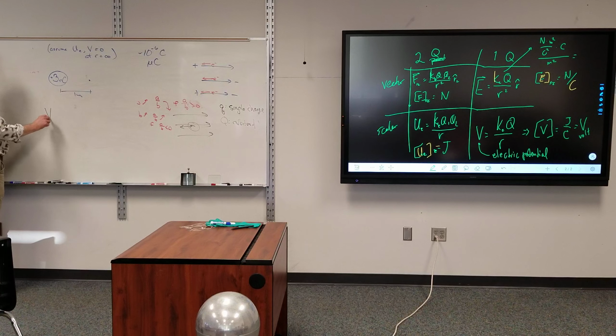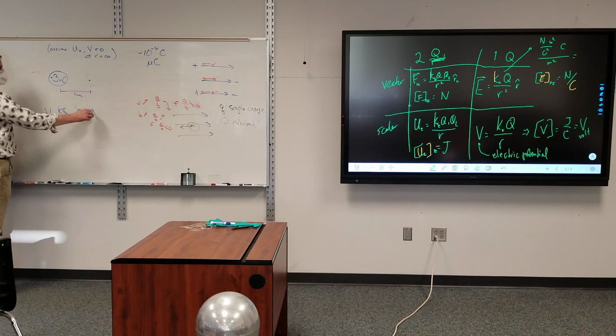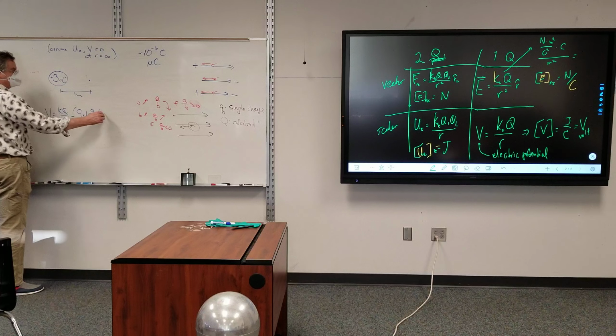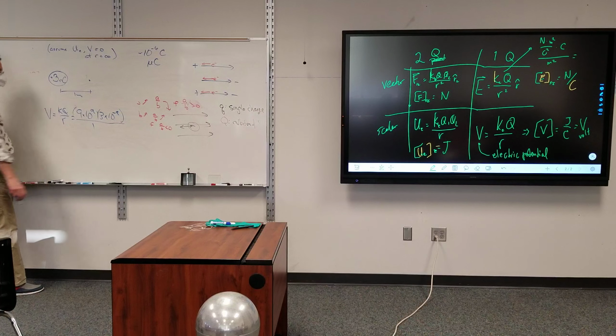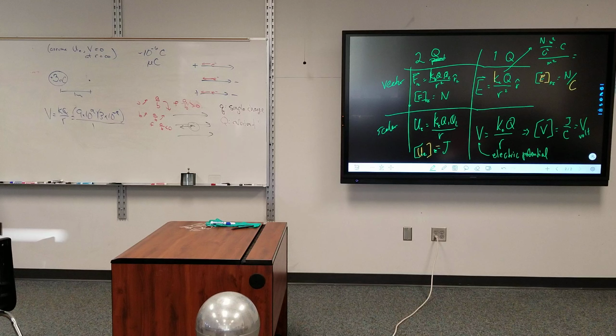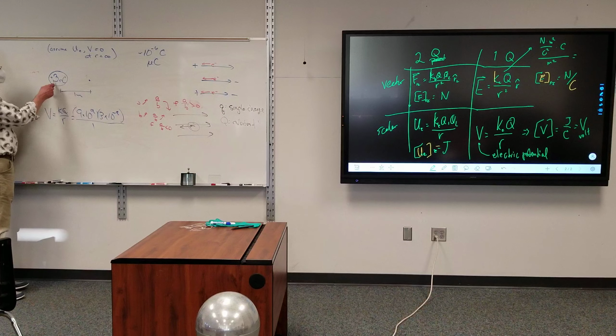I know that the potential is KQ over R. That's 9 times 10 to the 9th, times 3 times 10 to the negative 9th, divided by 1. I chose nanocoulomb so it can